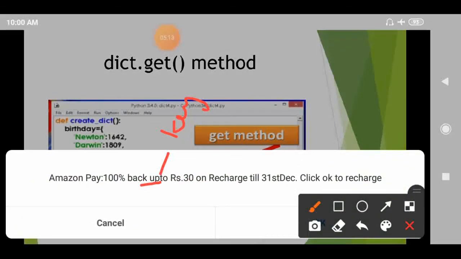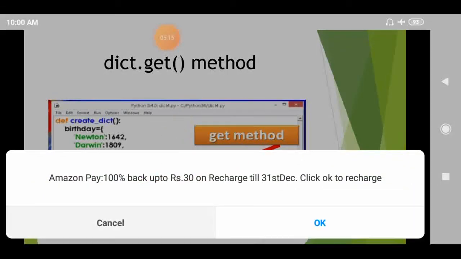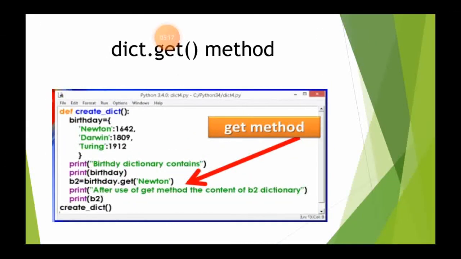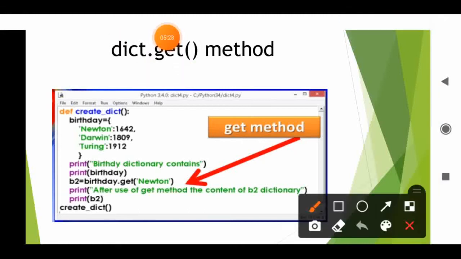So it will display the value here, and it will store it in the variable b2, that is the value 1642 stored in b2. The next statement, print after use of get method, will print.